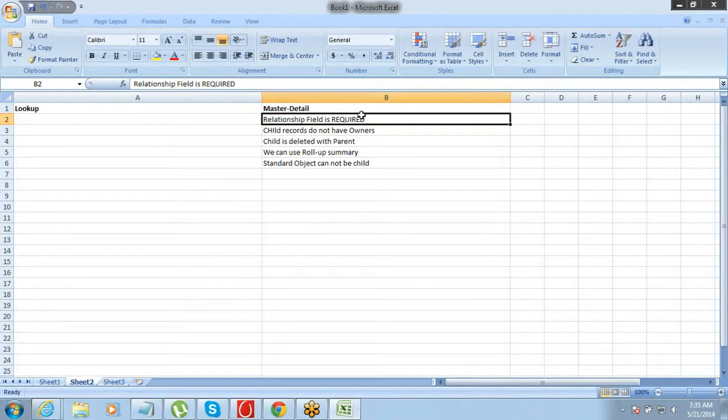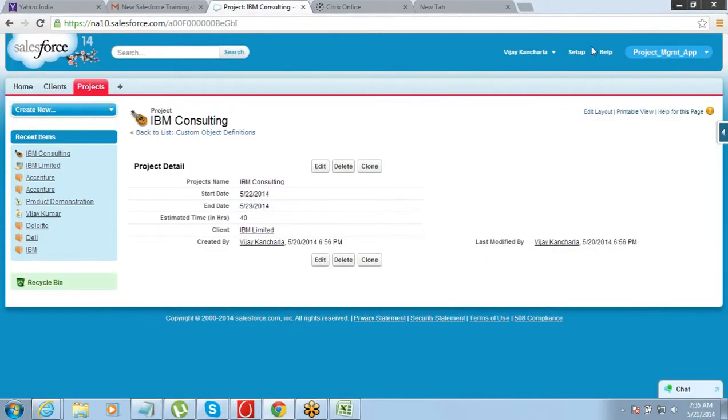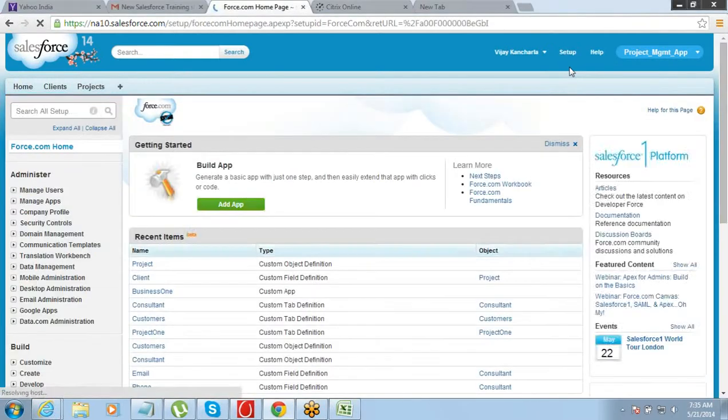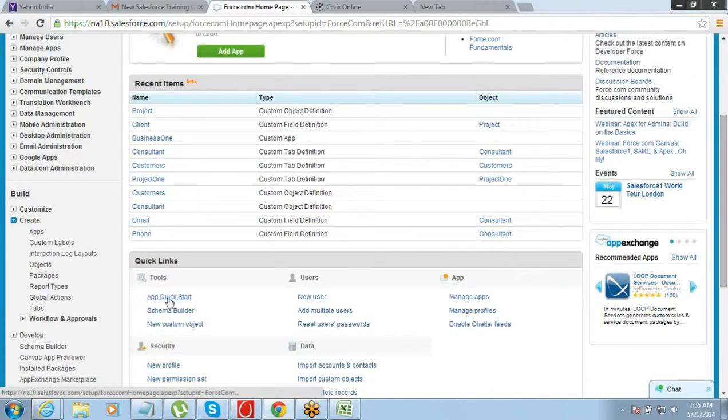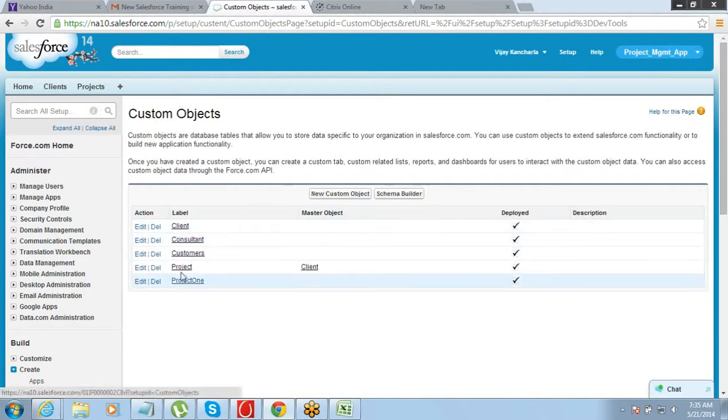Think of which is the parent, which is the child. Go and create the relationship field on the child and decide on whether it should be a lookup or a master detail. In case you do not remember these things, while creating the field also, you must have noticed that in front of lookup and master detail relationship you have the complete details given.